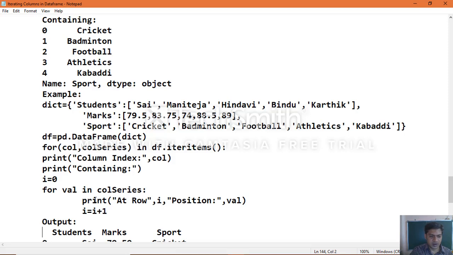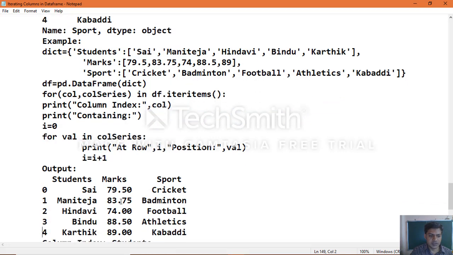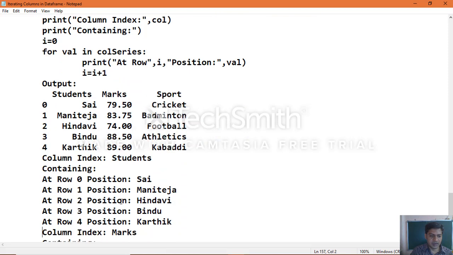So the column index takes the outer loop, iterating columns, and the inner loop takes iterating rows. Okay, a nested loop which we use, a loop within a loop. Now we can see the same example. So at row 0 position the name which it contains, this is the actual data frame data which you can see clearly.